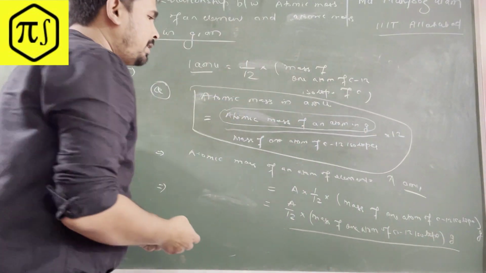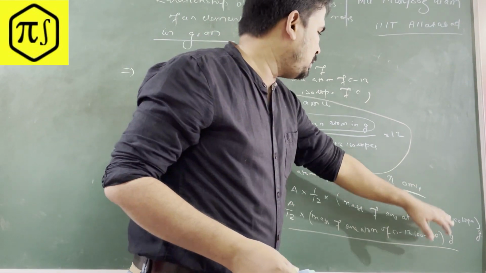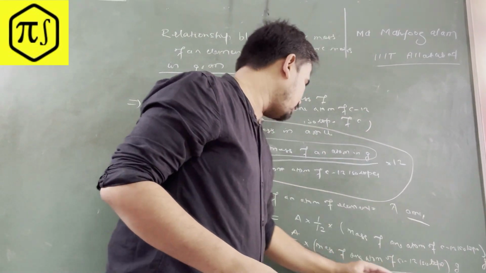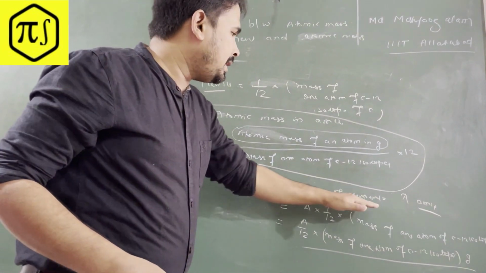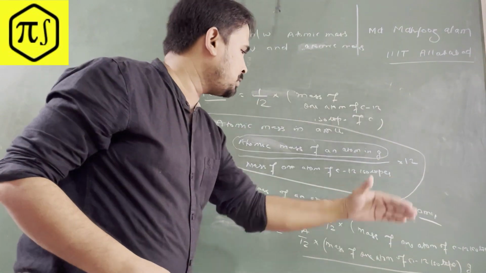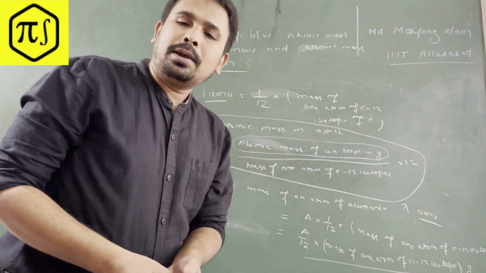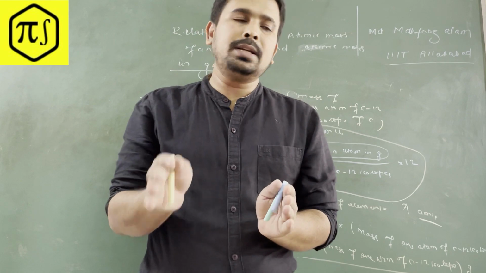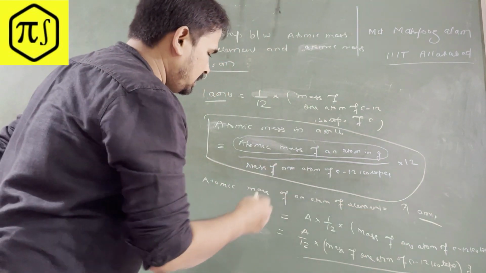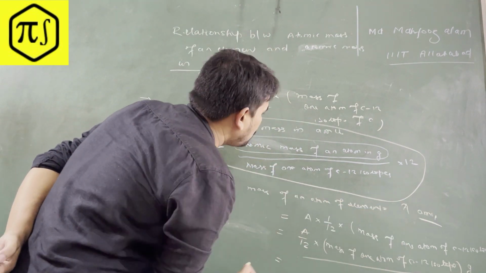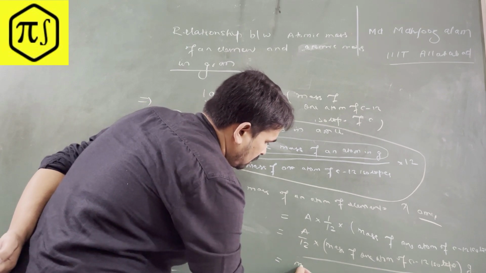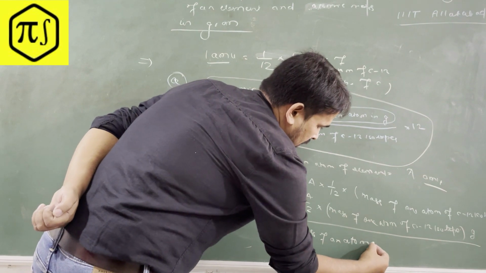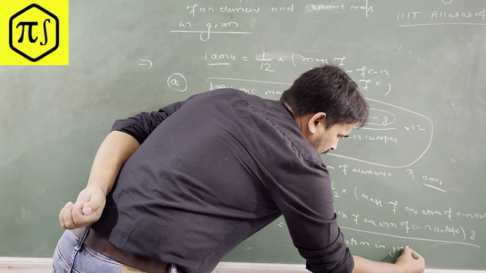So you just converted this particular mass from AMU into grams, right? So you can write the atomic mass of an element in gram, right? This will be equal to what? The atomic mass of an element in AMU, you just convert it into grams, right? So that means the atomic mass of an atom of a particular element is this much in grams, right? So this is equal to the mass of an atom in gram, right?